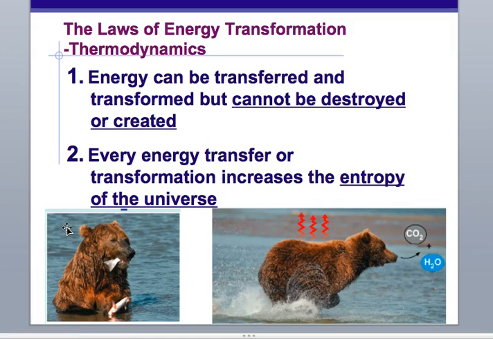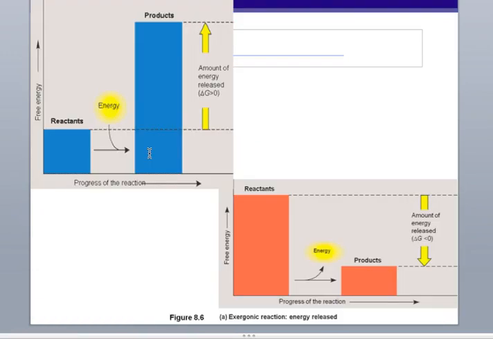In order to think about this, we have to think about these laws of energy transformation, or thermodynamics. Energy can be transferred between different forms. Chemical potential energy can become heat. The heat of a reaction in one place can become a bond energy in another place, but you can never destroy or create energy. It has to just be transformed. And while you're transforming energy, you're always losing a little bit of energy. It doesn't matter how perfect your system is, you're always going to be losing a little bit of energy to something called entropy, which is just the basic energy background of the universe. So every reaction is going to use and lose a little bit of energy.